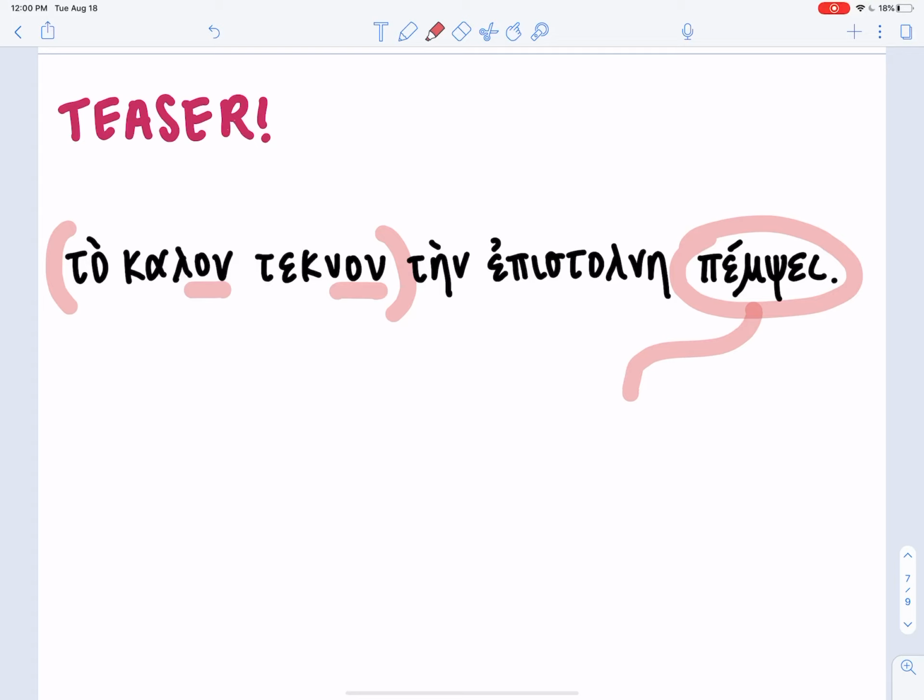So this is pempei written in the future. We know pempei, that ei ending is the third person singular, present active, indicative of pempo. And so when we make pempei future,